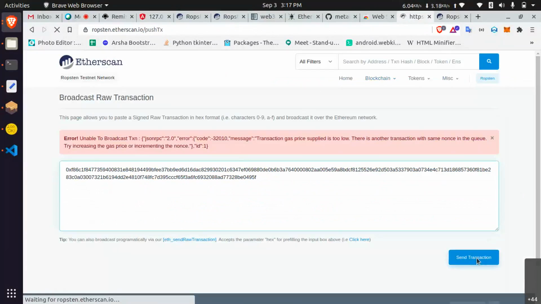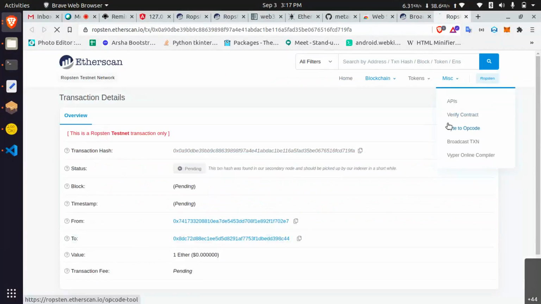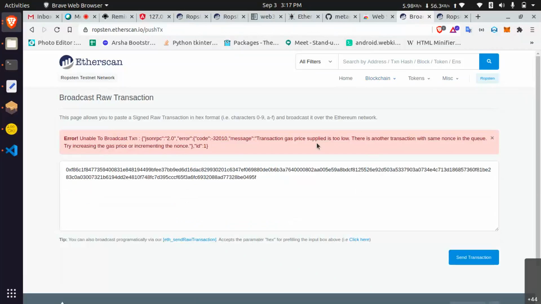Okay, someone already in the queue, saying it's in the queue. Transaction gas applied too low. If we increment the gas price, we can do the editing.